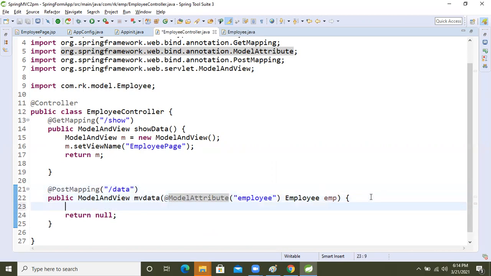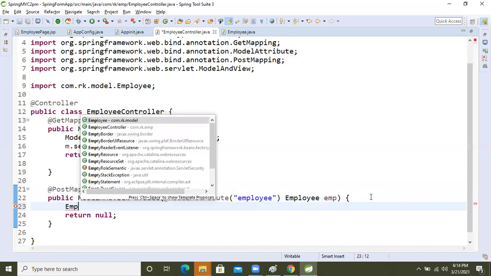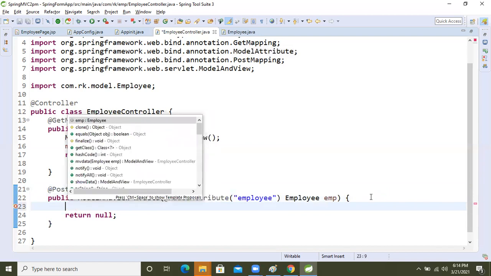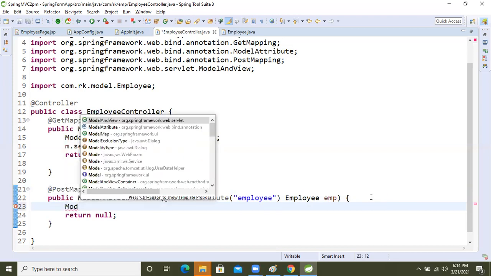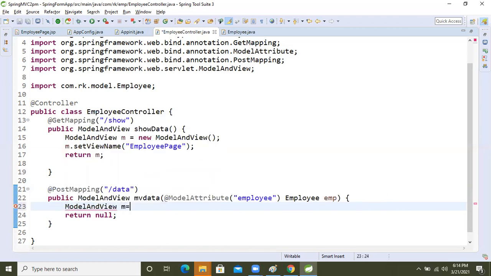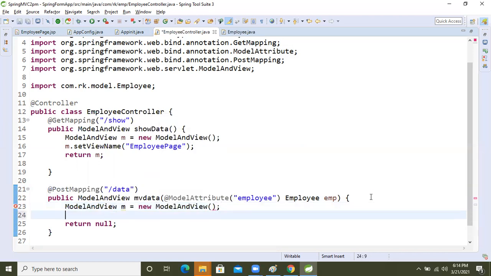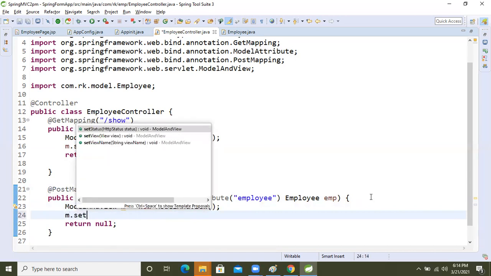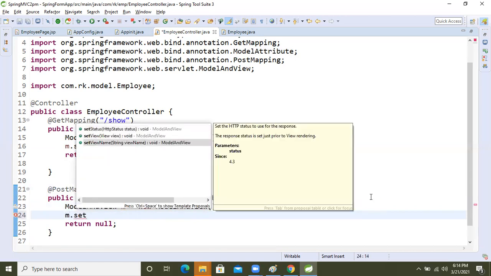After that, same thing, what will we do now? ModelAndView m equal to new ModelAndView, model data. After then, m dot setViewName, I'm taking the view name.